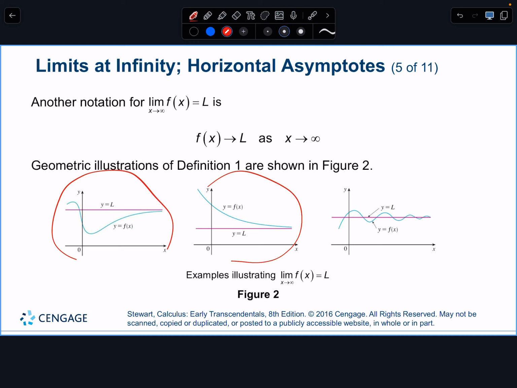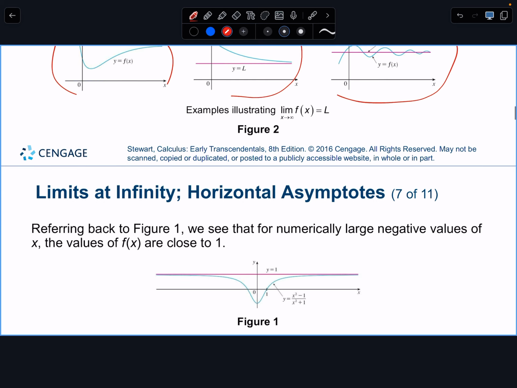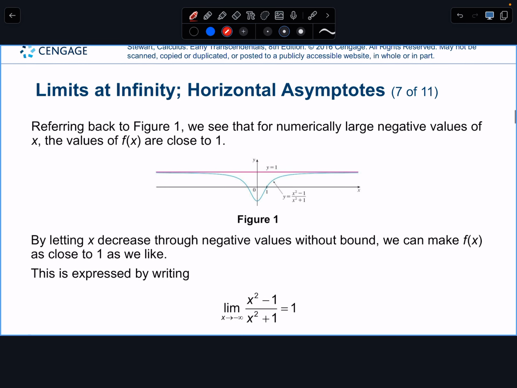This is like the exponential function. And then it could also, what we call, converge on that line from both sides. Some functions do that, oscillate, and then converge on that line. All right, so going back here,